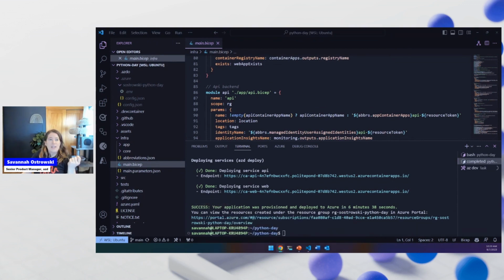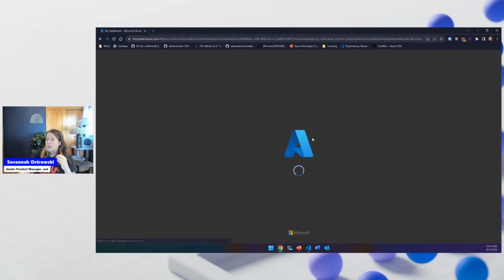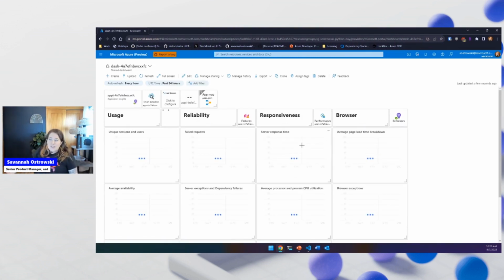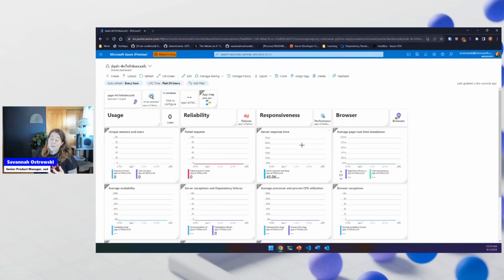But basically, the reason that I love this is that it allows me to jump right to where I want to be in the portal without having to click through a bunch of different screens. This was created for us during the provisioning stage, and all of this dashboard is actually included in your infrastructure